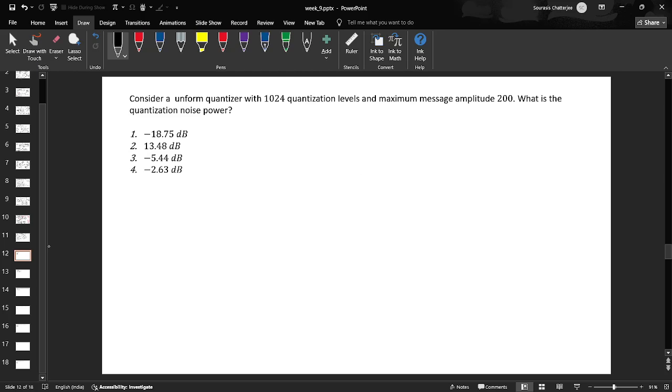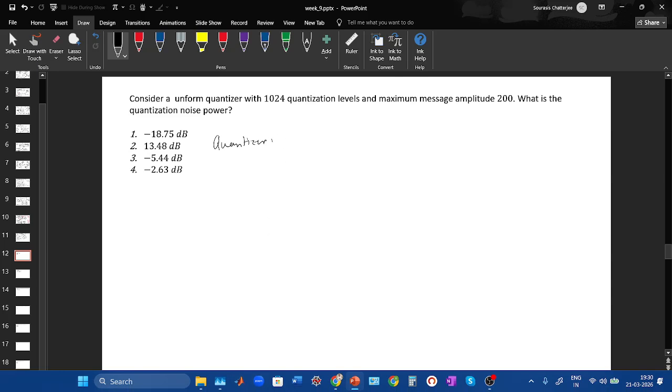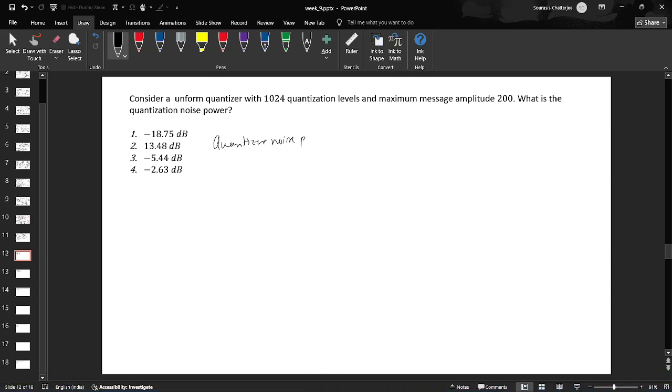Okay, let us move to our next question. This is a uniform quantizer with 1024 quantization levels and the maximum message amplitude is given as 200. What is the quantization noise power? We have solved a similar question earlier. So let us write down the quantization noise power in dB scale